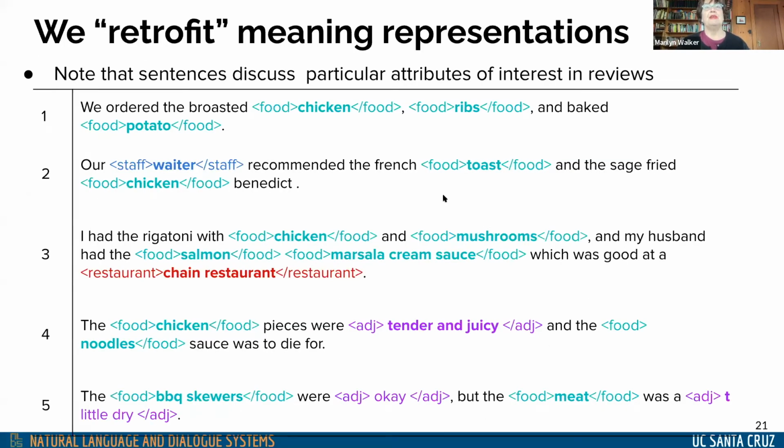So to retrofit the meaning representations, we first note that sentences in reviews discuss a lot of attributes of interest. They talk about the food, different kinds of food type. They talk about the wait staff. They talk about the type of restaurant, that it's a chain restaurant. And they also use lots of adjectives like tender and juicy, okay, a little bit dry. So we get this kind of markup, and we can generate this markup